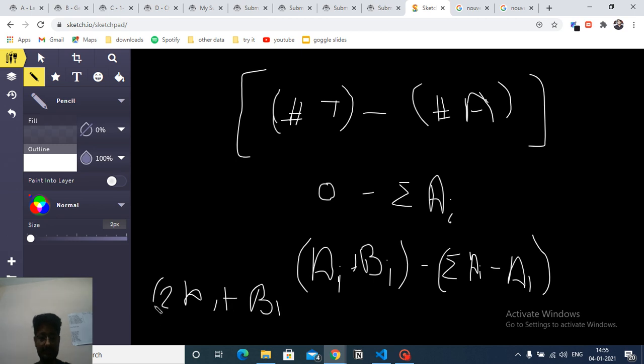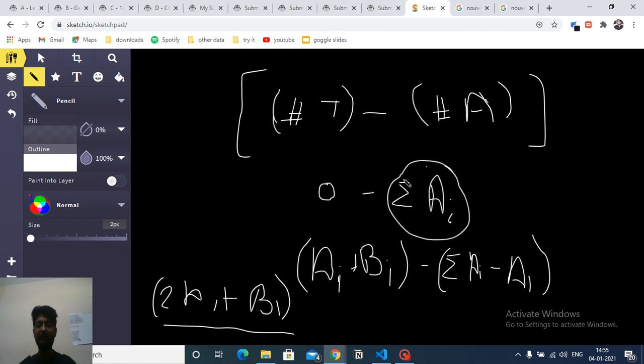What this means is that after giving a speech in every city, the total value of this whole expression will increase by 2AI plus BI. As you can see, if Takahashi gives a speech in one city, the total value increases by 2A1 plus B1, then for the other city 2A2 plus B2, and so on. As more and more speeches are given, the total value will increase, and you have to increase this total value, because this benefit minus this value gives you the total value. So you have to increment this value.